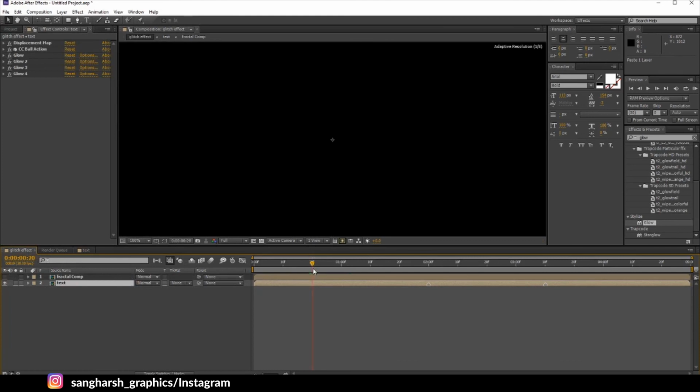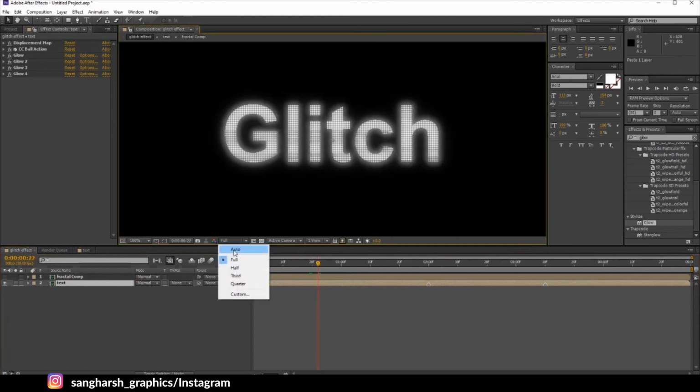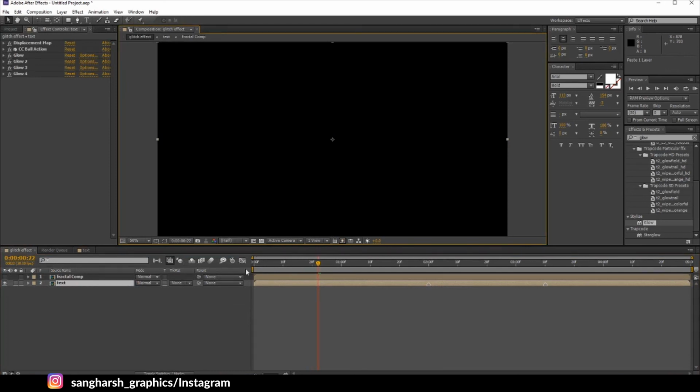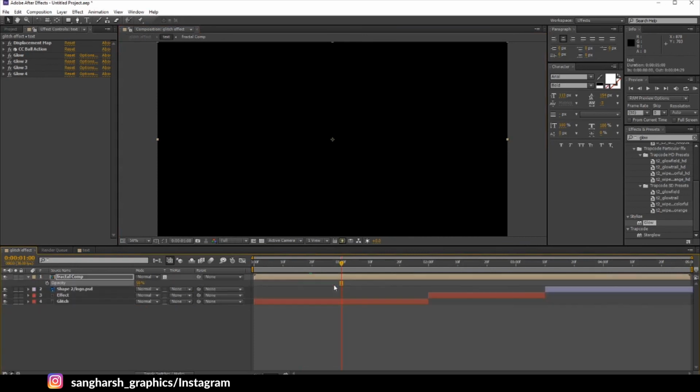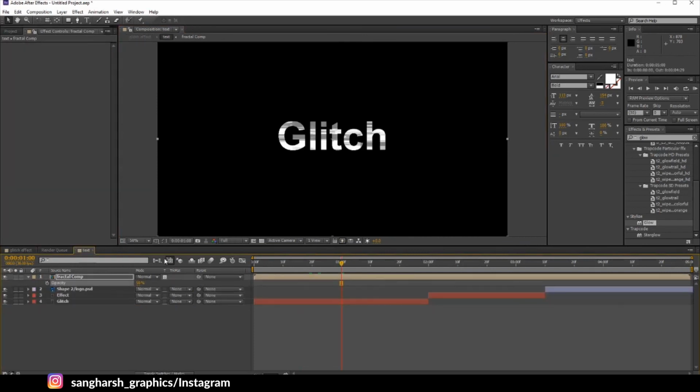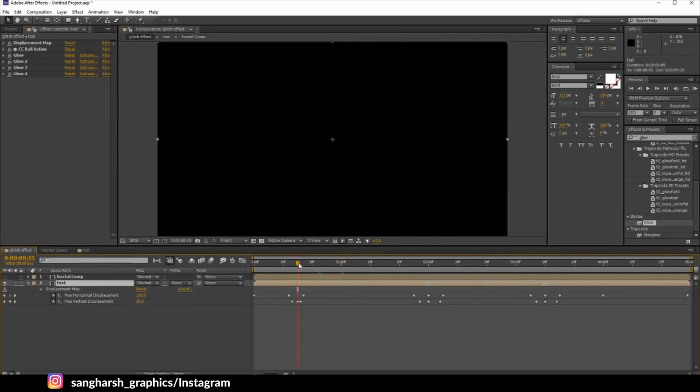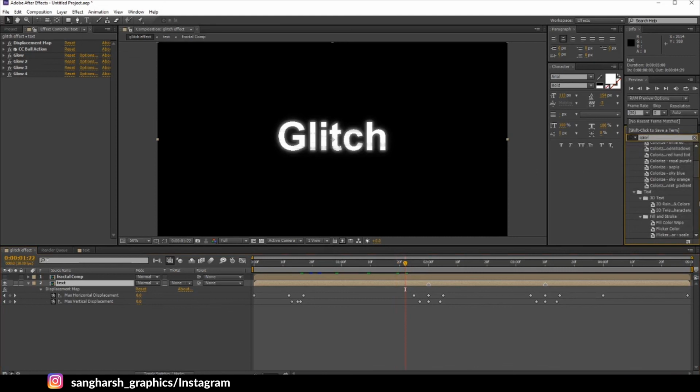Now as you can see, we have this glitch effect here. Now it's time to add color. Search for Colorama effect in color correction.